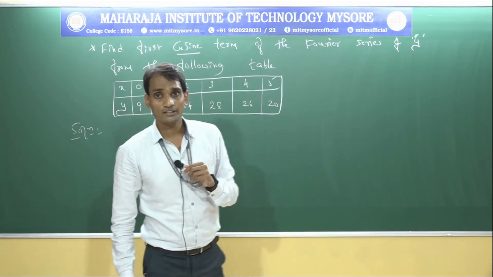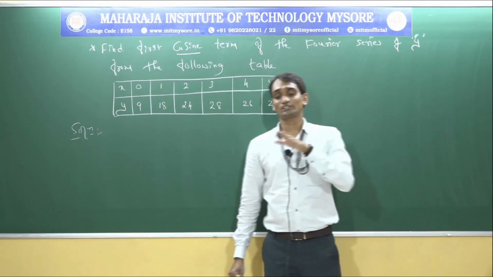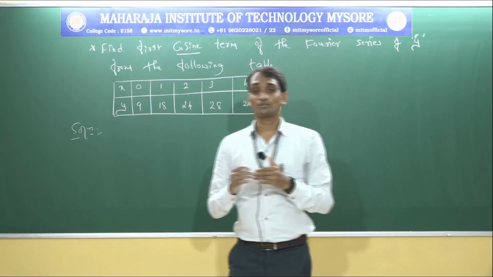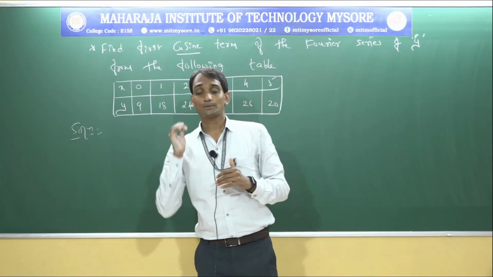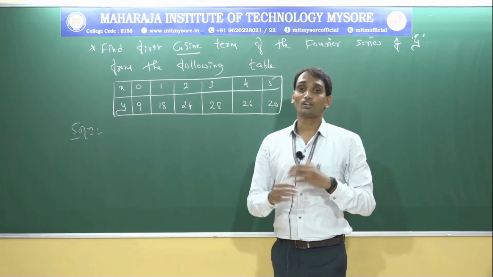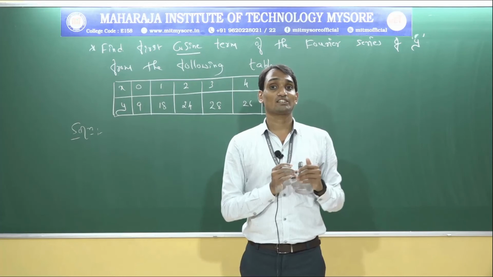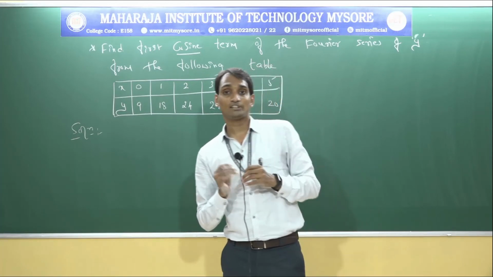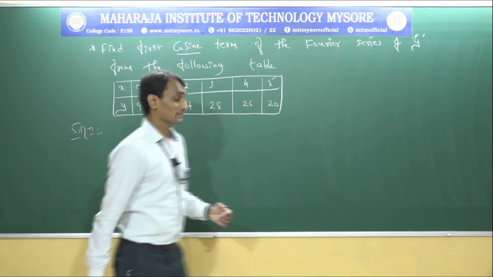But very important here is that finding the L value will be different. If it is first harmonic or second harmonic, where sine and cosine both are calculated, the L value is b minus a divided by 2. That formula we need to apply. If only a cosine or only a sine term is there, we need to apply the half range series. How you calculate the L value in half range series, the same thing we need to follow. I will explain it here.